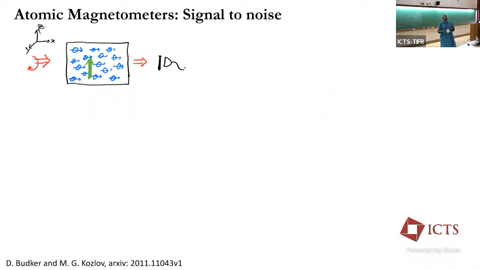So now comes the important question: how well am I measuring the magnetic field? Already we have heard this problem in a very fundamental manner in terms of parameter estimation, the Cramer-Rao bound and all that. But this is an experimentalist's way of looking at it. We don't talk about the Cramer-Rao bound directly. We talk of signal to noise ratio. So signal we already talked about.